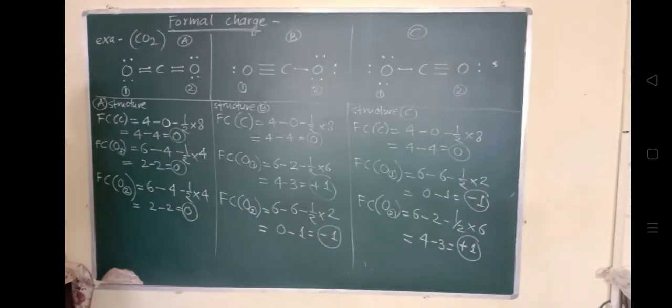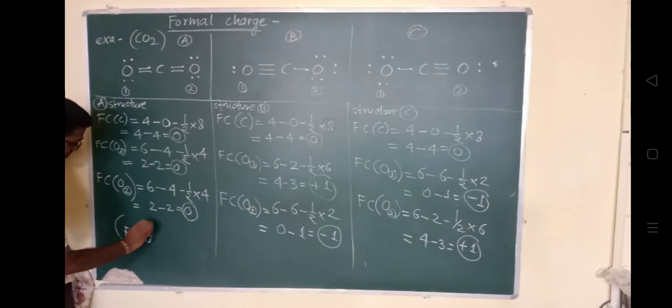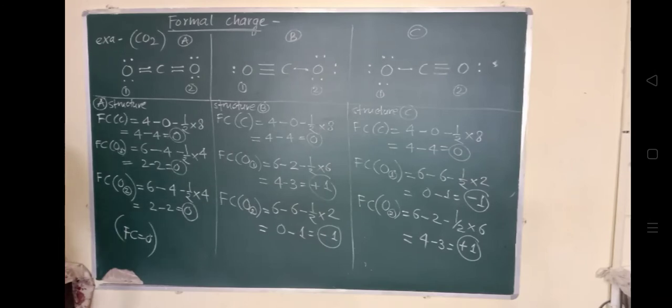So what you are observing, value of formal charge. Okay, if you look here, 0 0 0. So what is the total value of formal charge? Actually it is here near about 0. So already we have discussed this formal charge. Okay, so the value of this formal charge should be near about 0. Okay, so determining the best Lewis structure per molecule, the structure is chosen such that the formal charge is as close to 0, okay, as close to 0. So that is formal charge is as close to 0, which is possible in this structure A. Okay, which is possible in structure A.